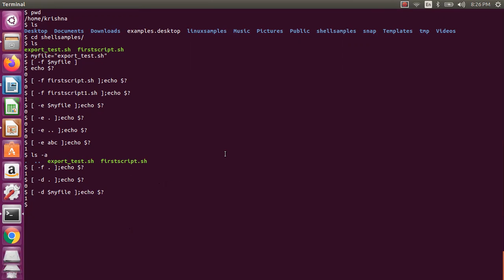Now let us assume I want to check tty, so this is /dev/pts/4. We'll check whether it is a terminal file, which will be correct. So directly I am assigning here, which is not at all the right way. Why? Because nobody will substitute. You need to first put it in your variable like this actually.